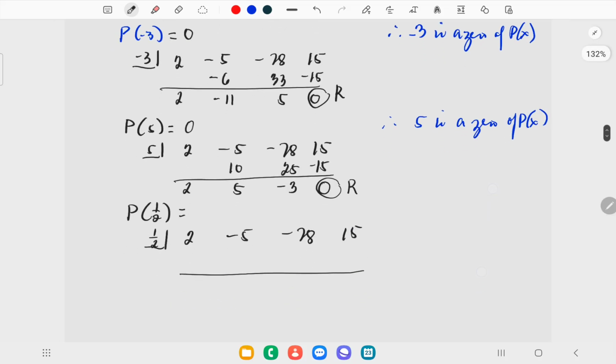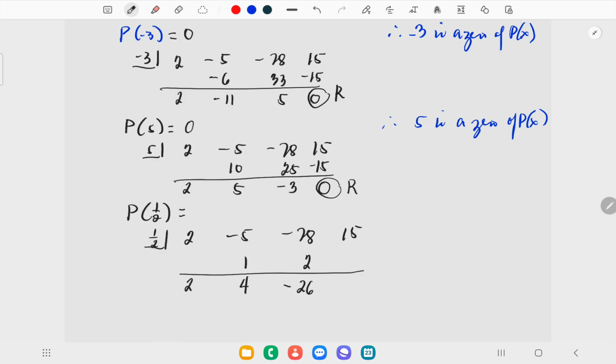So that we now have 2. So 2 divided by 2, that's the denominator. It's 1 times 1 will give us a 1. -5 plus 1 is a 4. Then 4 divided by 2 is 2 times 1 is a 2. Then we now have -28 plus 2 is a